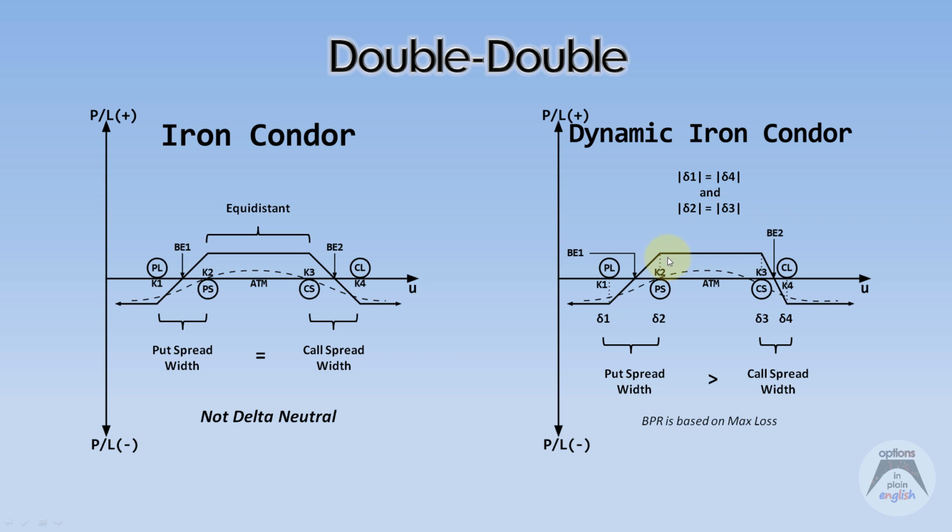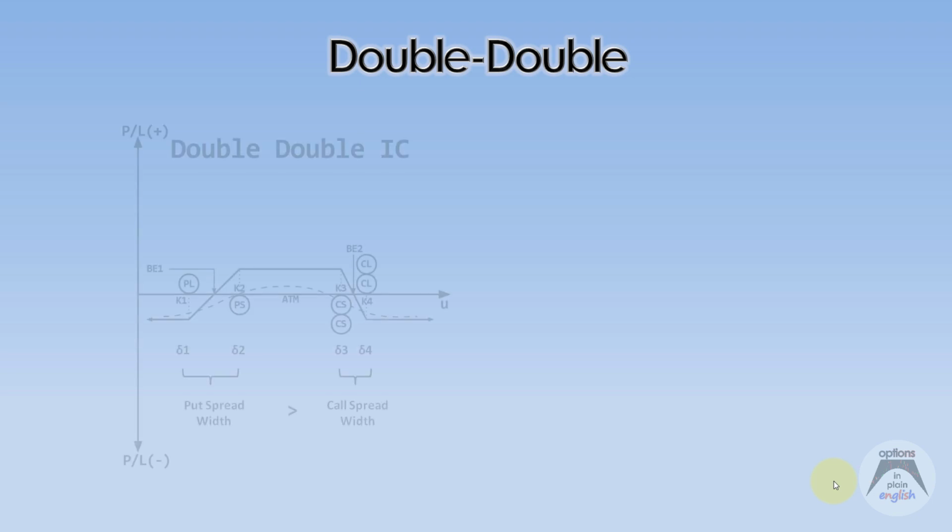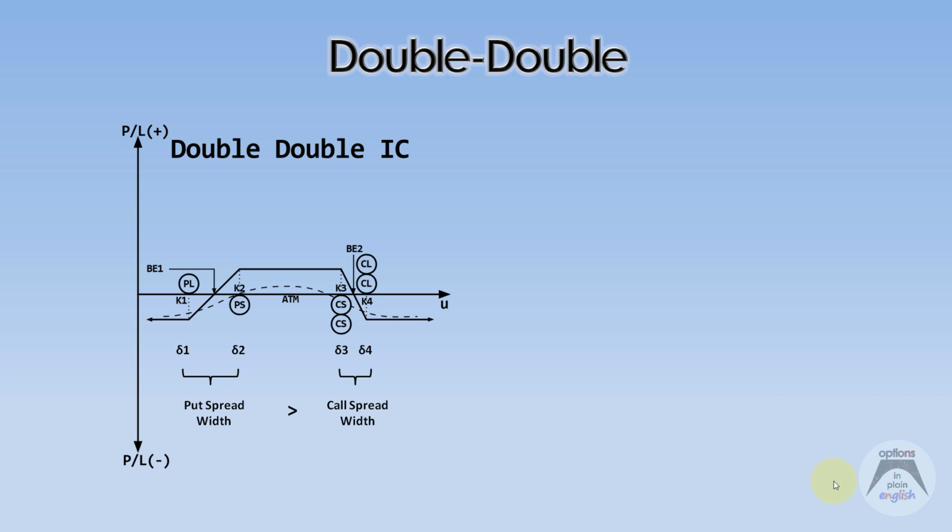You can easily see that the max loss is going to be on the put side. And this might be an indication that maybe this structure is not as effective or as efficient at utilizing capital as you could have if you made a few modifications or tweaks to this basic structure. So what could we do to better utilize our capital? Well, one of the things you could do is,